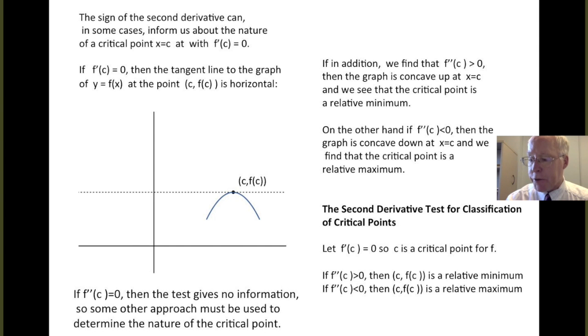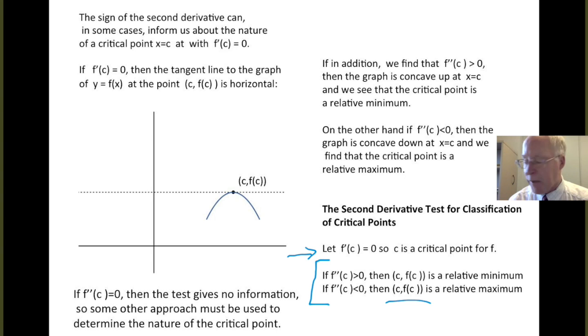But when you bring all this stuff together, we have the second derivative test for classification of critical points. So again, this works if we have a point where f prime of c is equal to 0. So c is a critical point for f. And the second derivative test, the important parts, the useful parts are down here. If f double prime of c is positive, then (c, f of c) is a relative minimum. And if f double prime of c is less than 0, then (c, f of c) is a relative